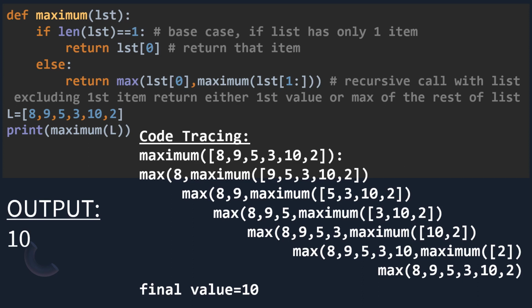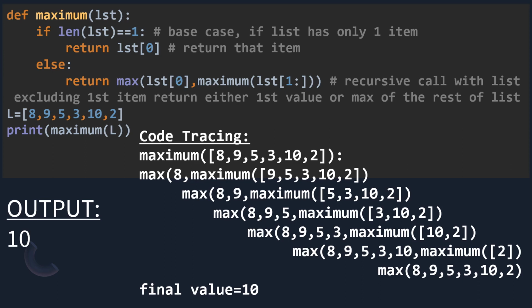So when this maximum function is executed with this list having values 9, 5, 3, 10 and 2, again it will return max of 9 comma maximum of 5, 3, 10, 2. So earlier it was having value 8, then again 9 comma maximum of this value.